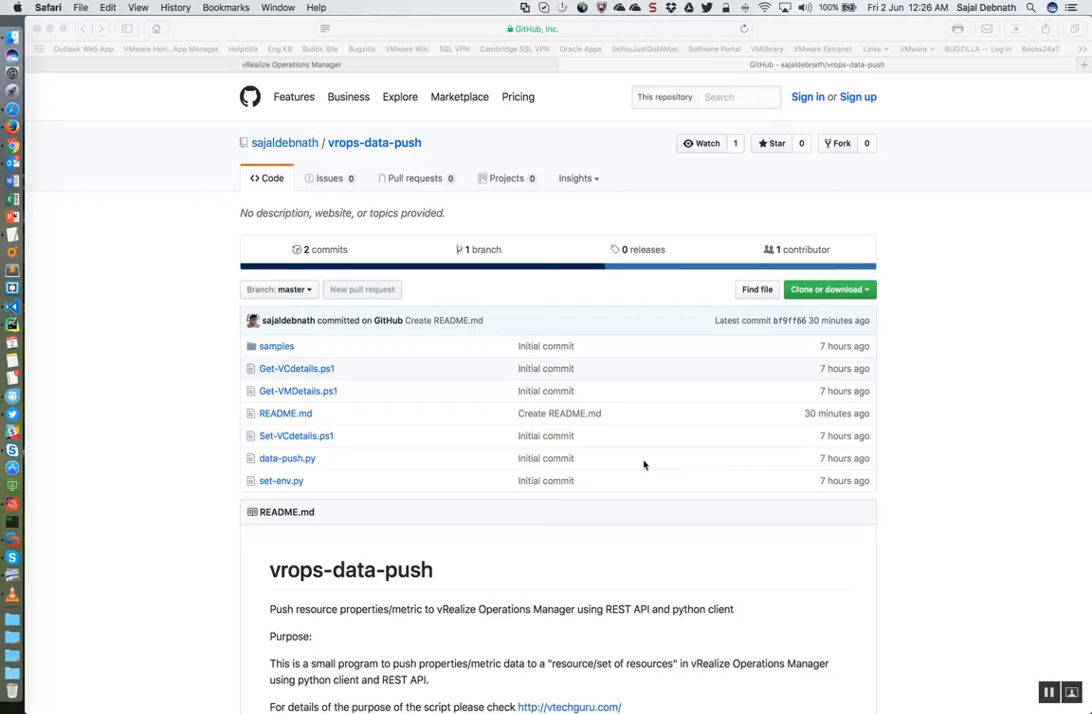Now, the use case that I had in mind: my colleague and friend Luciano Gomes asked me, he has a customer who wants to see in vRealize Operations Manager, for each and every virtual machine, a couple of pieces of information which are not available out of the box in vROps. They wanted to see the VM creation date and the host name inside the guest operating system of the virtual machines. Now these two pieces of information are not available out of the box in